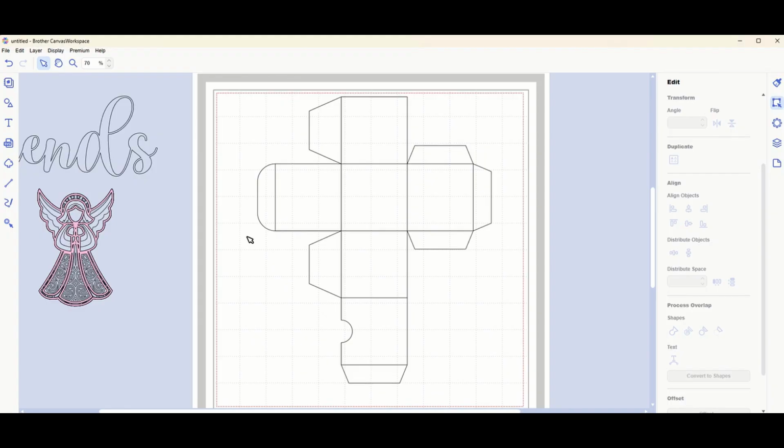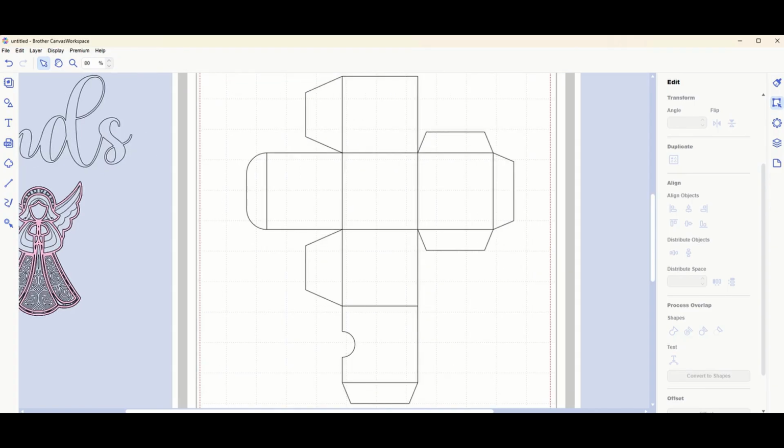If you are supposed to have dashed score lines, if you want the dashed lines where the machine cuts the little dashes that you then fold, right? Your score lines, fold lines. If you want them to be little dashes, they need to look like little dashes in Canvas. So if you look at this, these are all solid lines. If you see solid lines, that's how they're going to cut, okay? There's nothing in here that tells